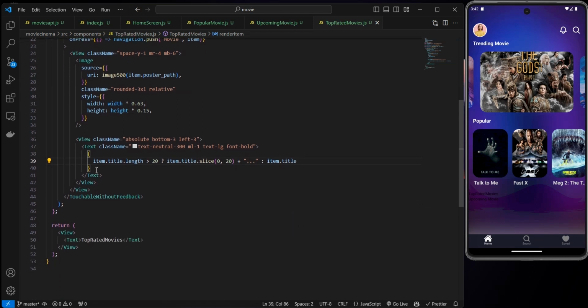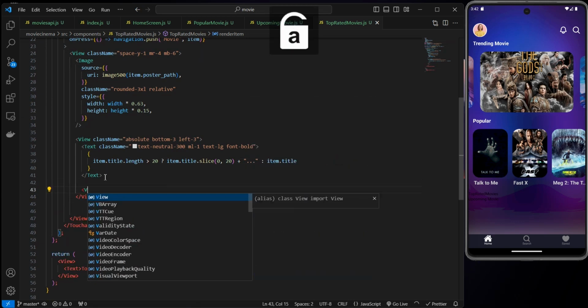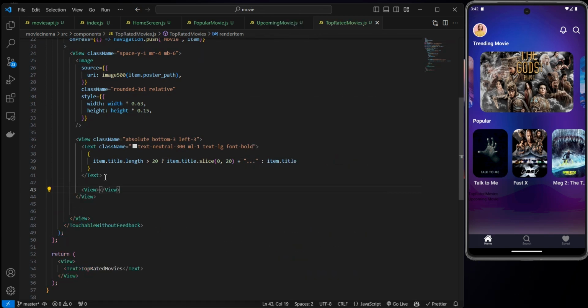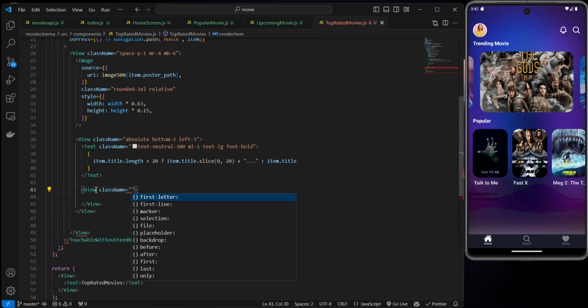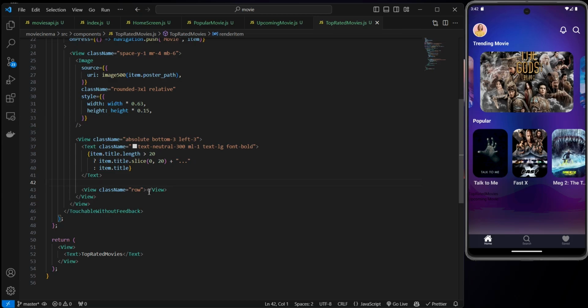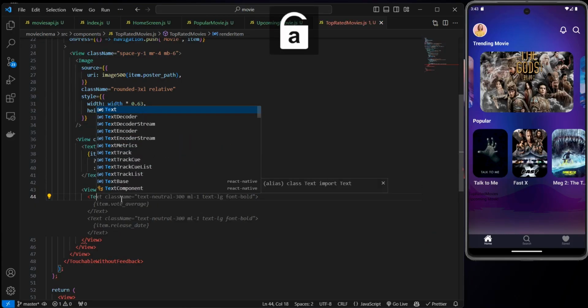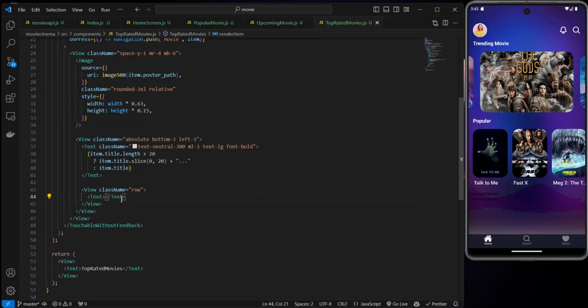Moving on, we're going to have another view after this, and this view is going to have a className of row. Save that, and also a text, and this text is going to say item.vote_average,